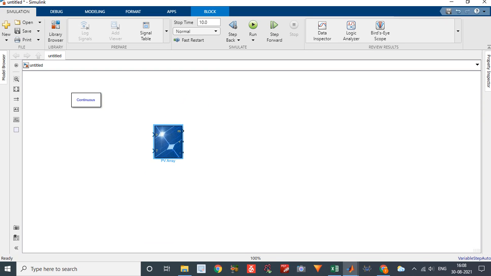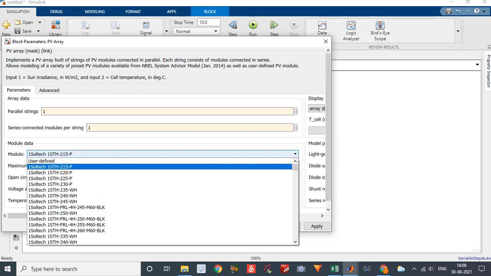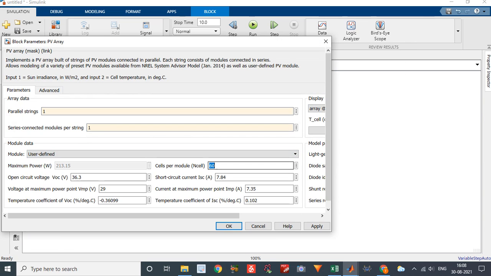For that I am going to take a 4 PV array, and then I am going to take a bypassing diode and a switch. So now I am going to set the configuration of the solar PV. I am going to take one parallel string, and series connected modules per string will be 1. Here I am going to choose user defined, and then it will be 54 cells per module. The open circuit voltage will be 32.9, and then the short circuit current will be